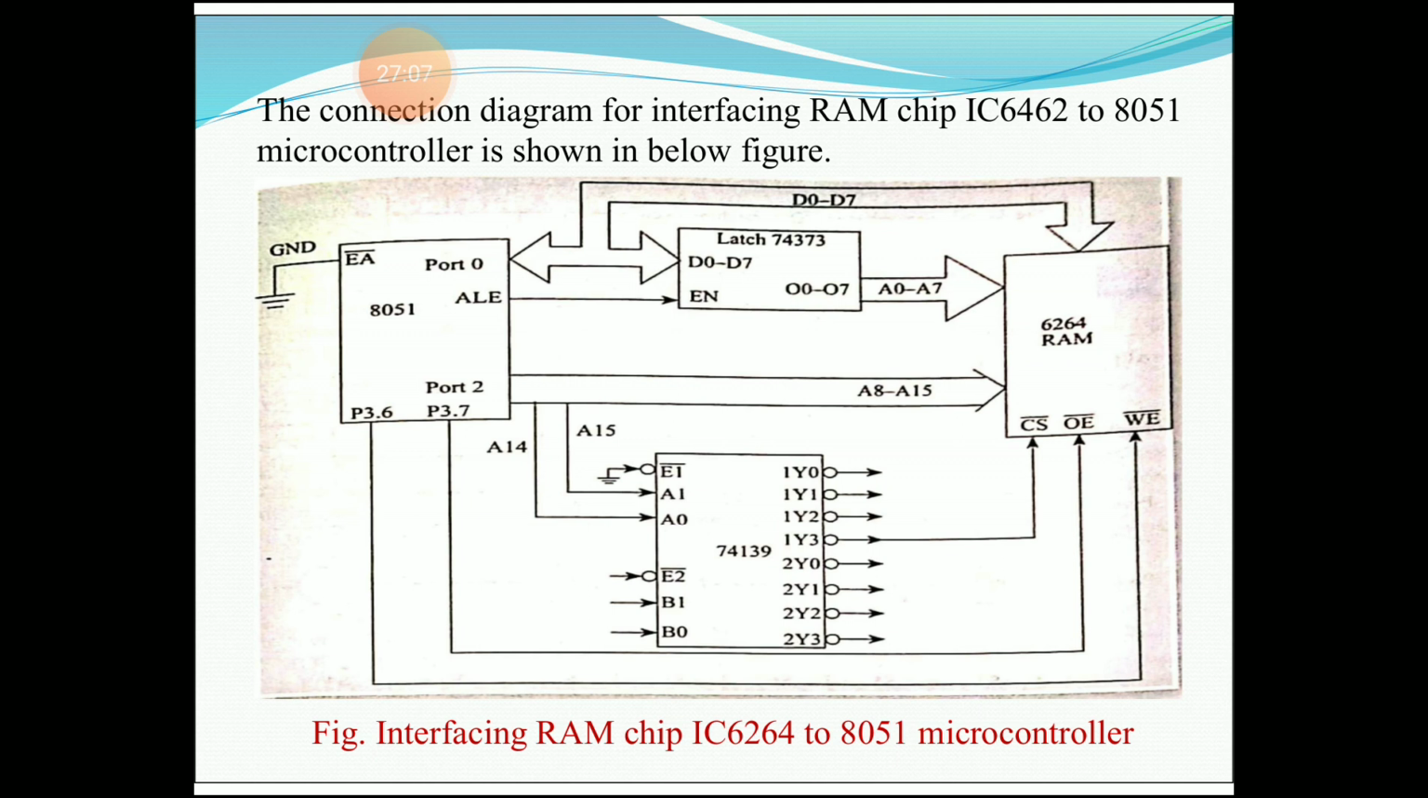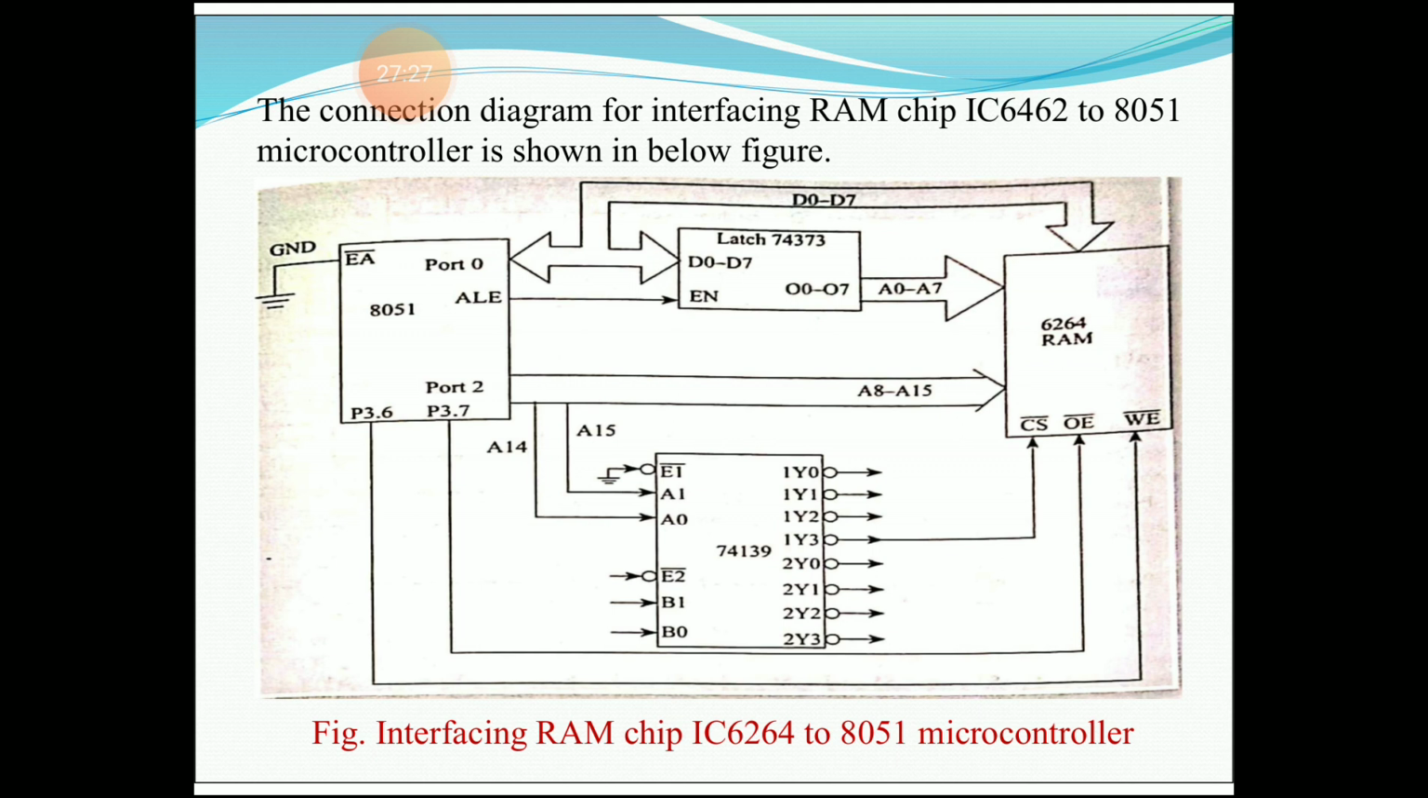the chip. And the higher order address lines A14 and A15, in this case for the given address range, these two lines are logic 1. So the decoder decodes that information and enables the Y3 output. This Y3 output is an active low signal which can enable the chip